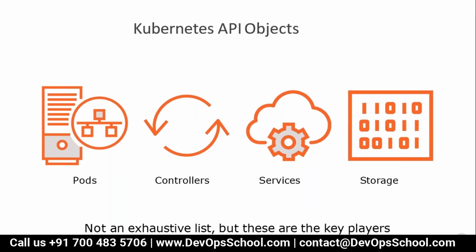So guys, you are going to know what to desire. Please hear me out. You are going to know what to desire. That's all. What do you want? Do you want pods? Put it in YAML. Do you want controllers? Put it in YAML. Do you want services? Put it in YAML. Do you want storage? Put it in YAML. Do you want security? Put it in YAML. Do you want load balancing? Put it in YAML. Do you want anything? Put it in YAML. So your job is just to learn these Kubernetes API objects.